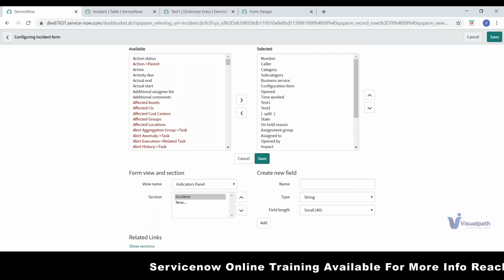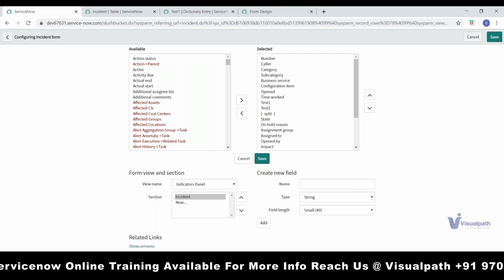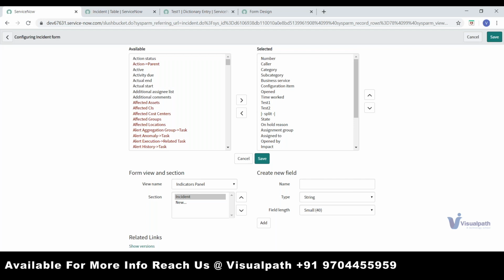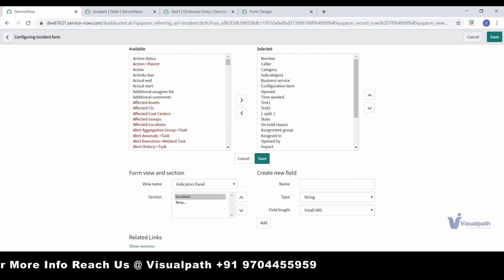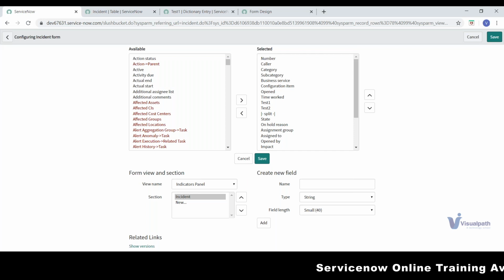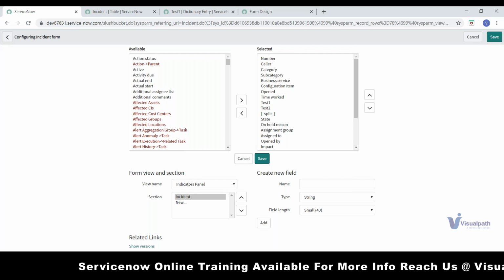So let me show what actually it is. The one we were discussing is the incident form. There are different tables. So we were discussing the incident table. Now we will go to the user table. When you type in user on the right hand side and scroll down,